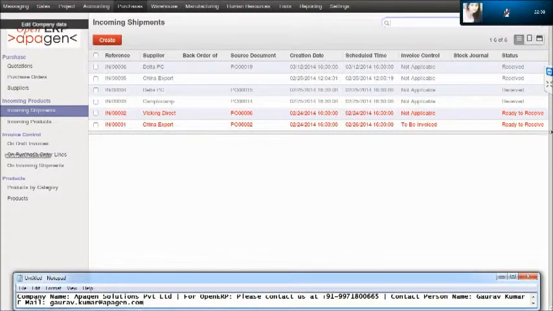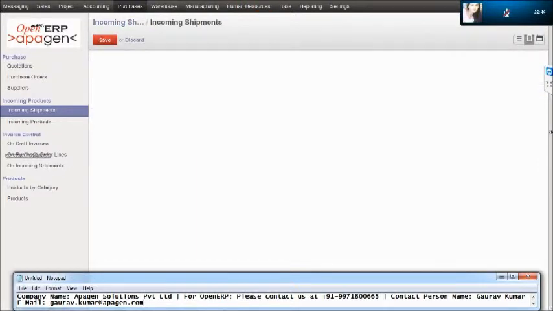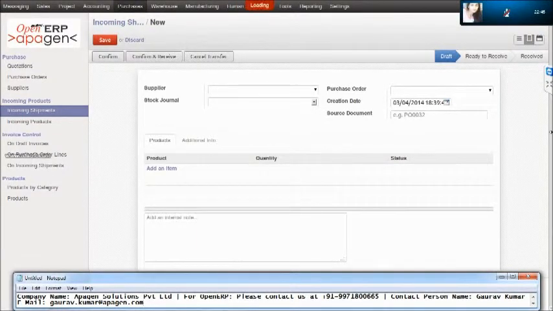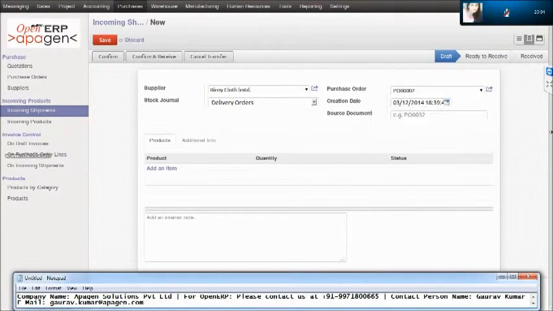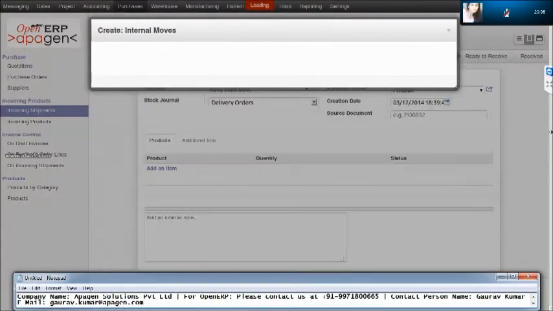Let me show you once again directly from the incoming shipment button. Just click the create button, enter the supplier name, check it, and select it from the drop down. Stock journal. The purchase order, if it is related to any purchase order. The date of creation, by default, takes today's date. You can even select any other date also, and the source document of it,